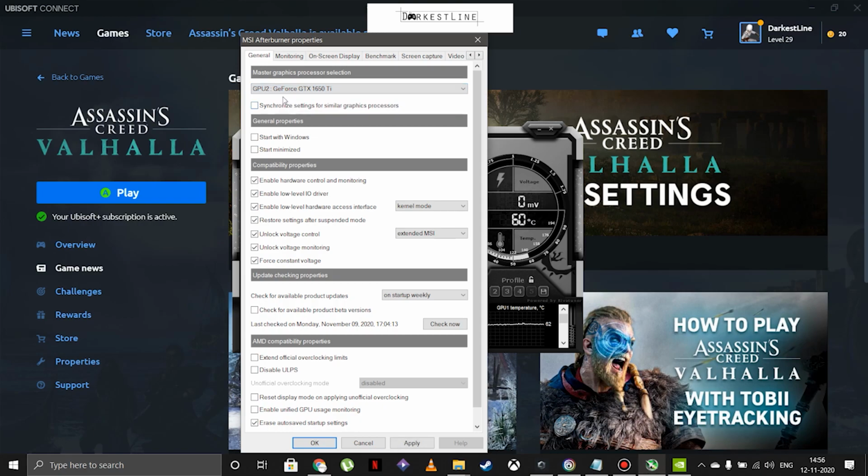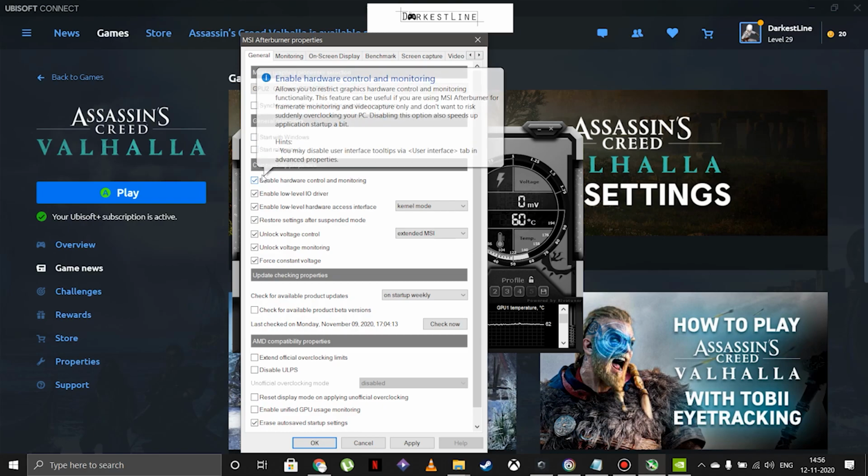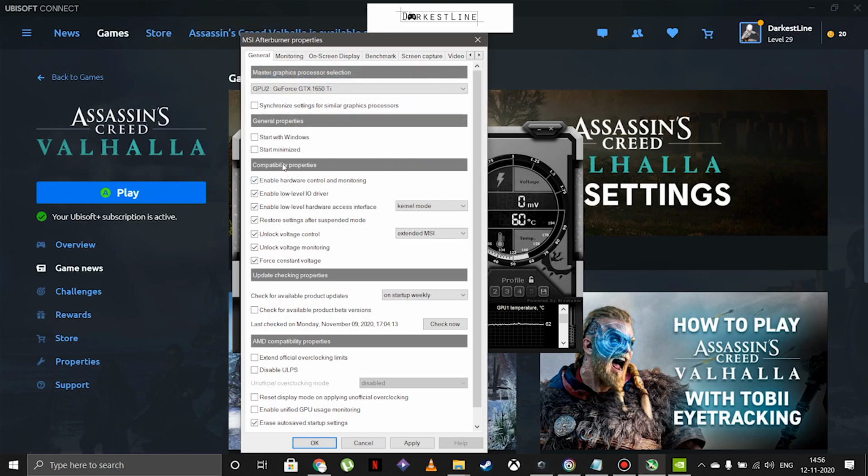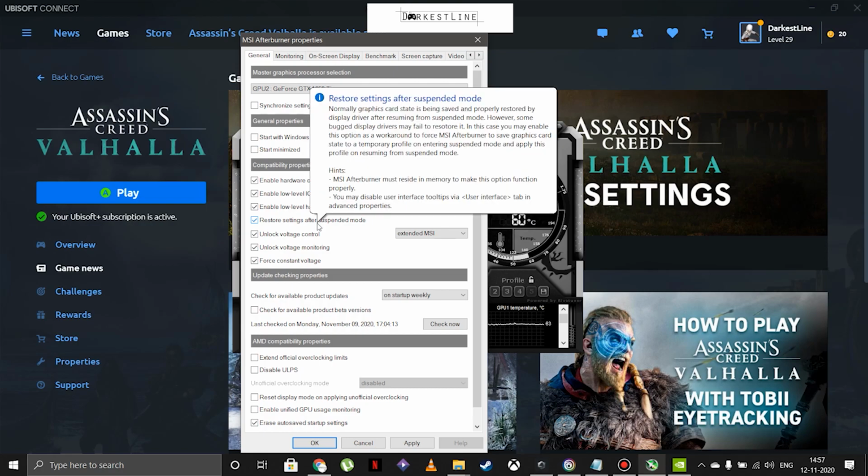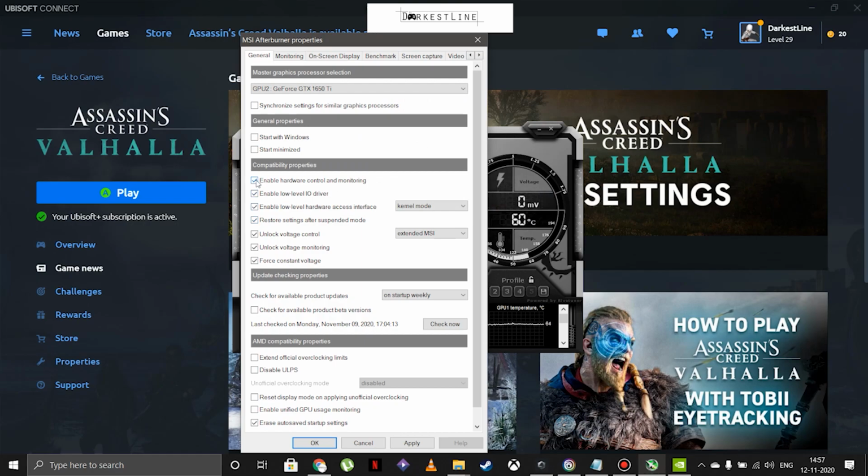I have the GeForce GTX 1650 Ti. It's 4 gigabytes of GDDR6 VRAM. Now what we're going to do here is go to compatibility properties and go ahead and check all of that. Restore settings after suspended mode is basically your preference. If you want to keep it, it's all right. If you don't want to keep it, it's also all right. But make sure you have the other settings checked on. Then go ahead and click apply